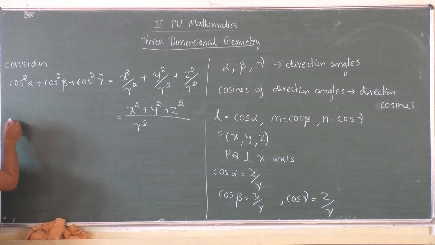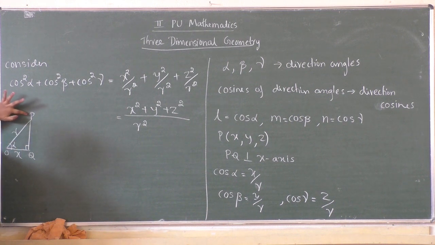Here see in the diagram, this is the triangle we get. This is O, this is P, and this is Q. OP I will take as r, and this OQ is x, this is 90 degrees and this is angle alpha, correct? Here r is the distance OP. We have the coordinate of O as well as the coordinate of P. What is the coordinate of O? O is the origin, so the coordinate is (0, 0, 0). Whereas the coordinate of P is (x, y, z). Then using the distance formula, I can find the distance r.